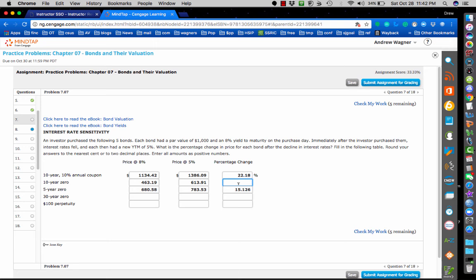So again, this would be second column minus first column: 613.91 divided by 463.193, minus 1, gives 32.54%. Okay, so with the longer time to maturity, you have a much greater change